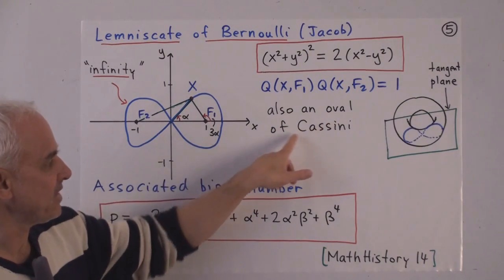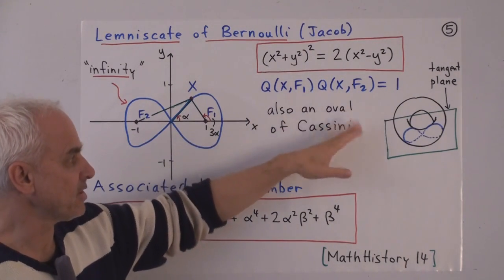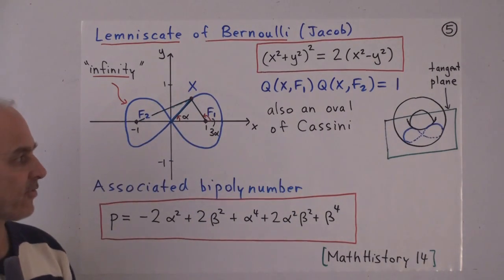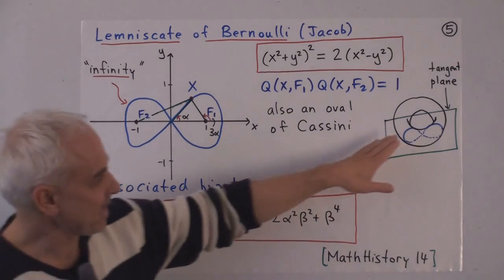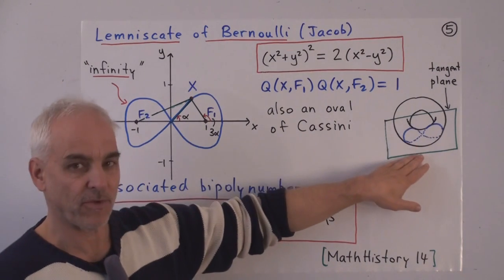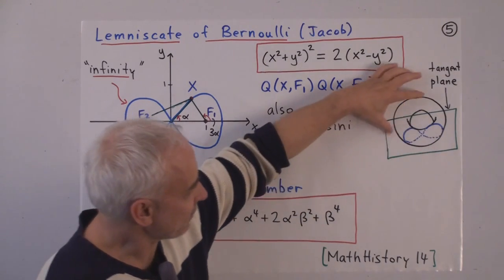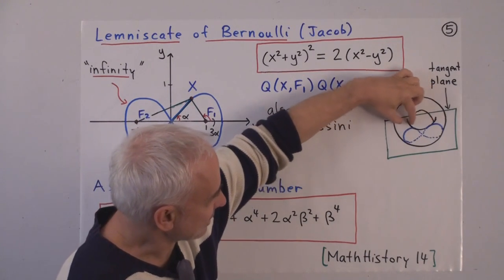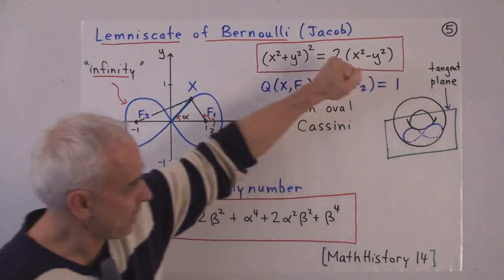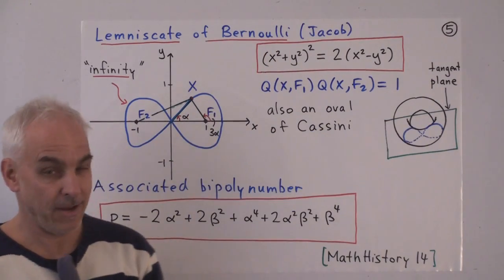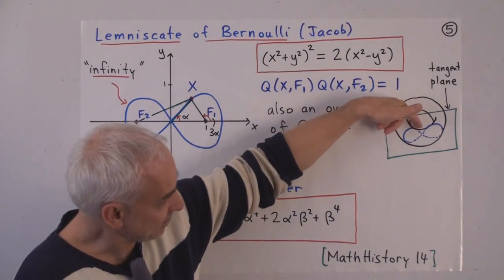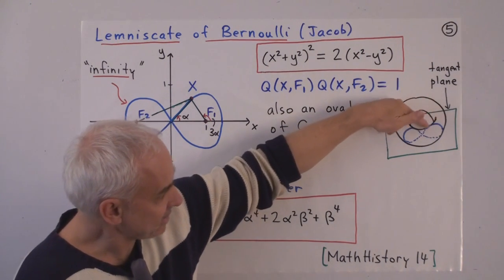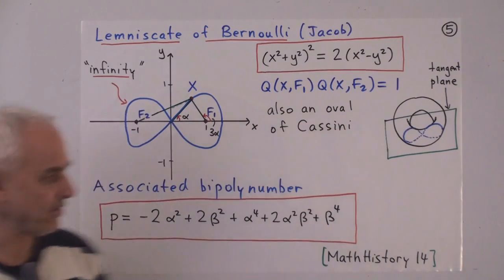So this is also an oval of Cassini, because this kind of condition was generalized to have a more general value here, and you get more general ovals. This is a special case. The lemniscate is also associated to a torus or a donut. If you have a circle which revolves around like this, so that that diameter is the same as that diameter, you get a torus. And then if you slice that torus with a plane, exactly a tangent plane to a point in the interior of this inner circle, then the cross section that you get is a lemniscate.